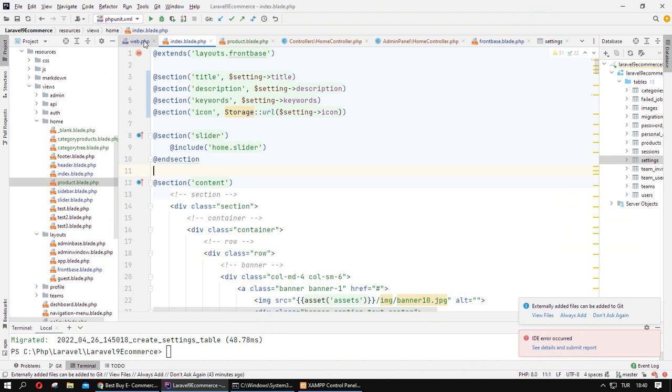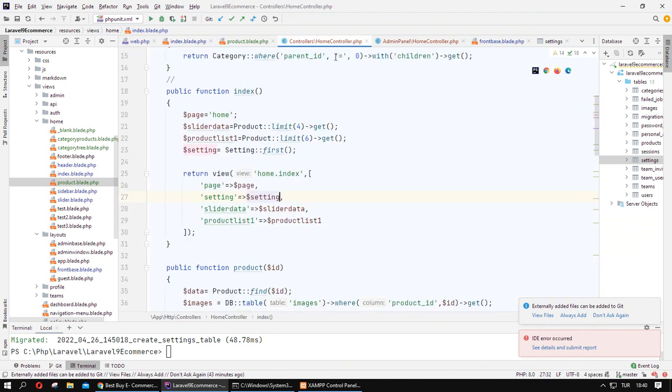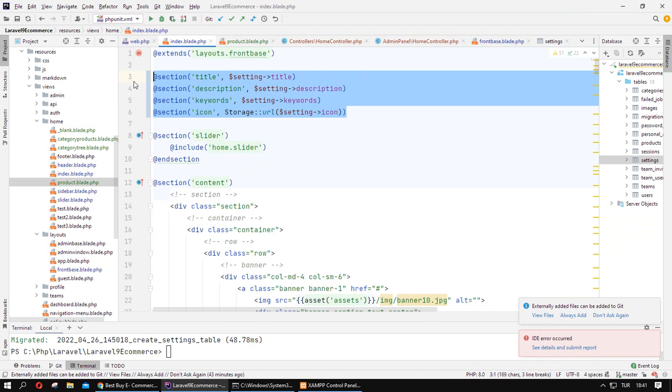We need to call from the database and send to blade and show at the blade which place you want to show. This is meta tags information that I applied in this area. The next time you want to, maybe we want to add another place of our